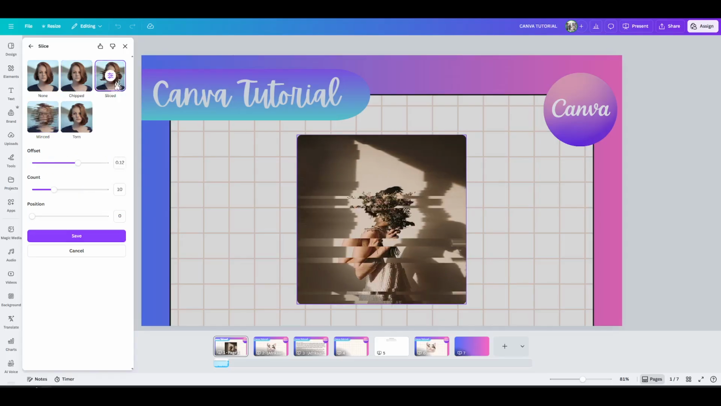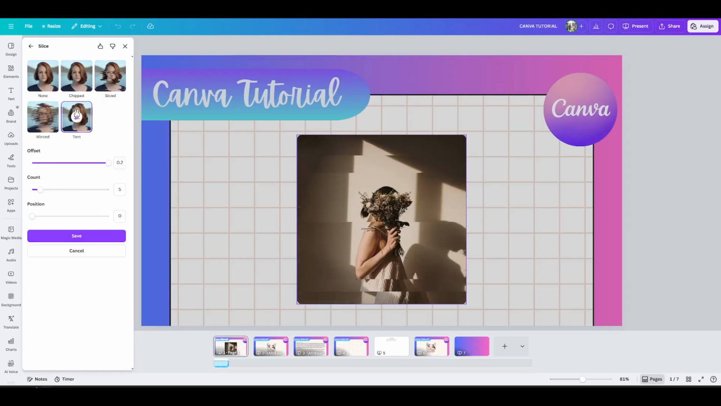Use this technique to add motion, energy, or texture to social posts, thumbnails, and